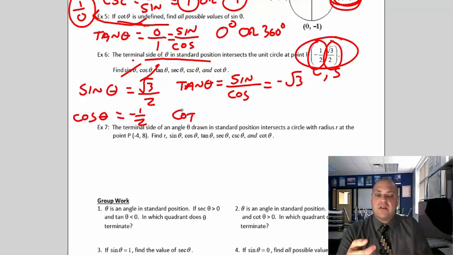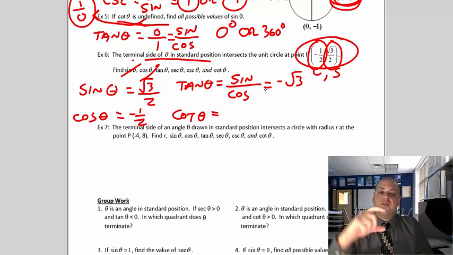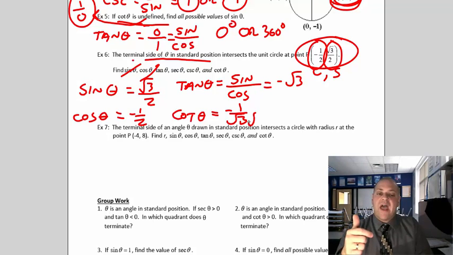The cotangent is the reciprocal of that. So we're going to flip negative radical 3 over 1. It's going to become negative 1 over radical 3. And then we rationalize that. And that's going to be negative radical 3 over 3. And then the secant and the cosecant,